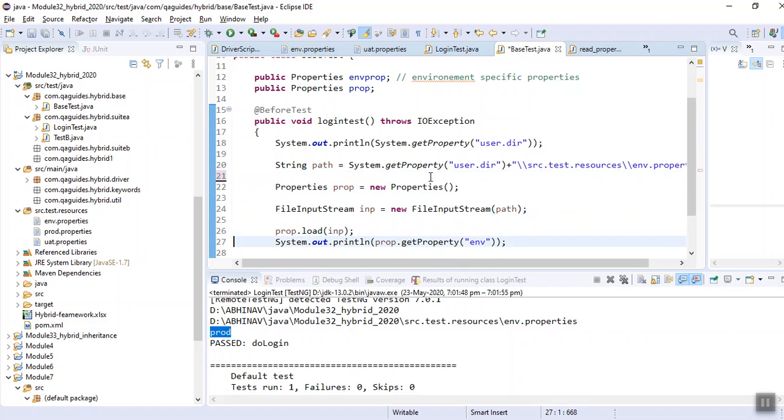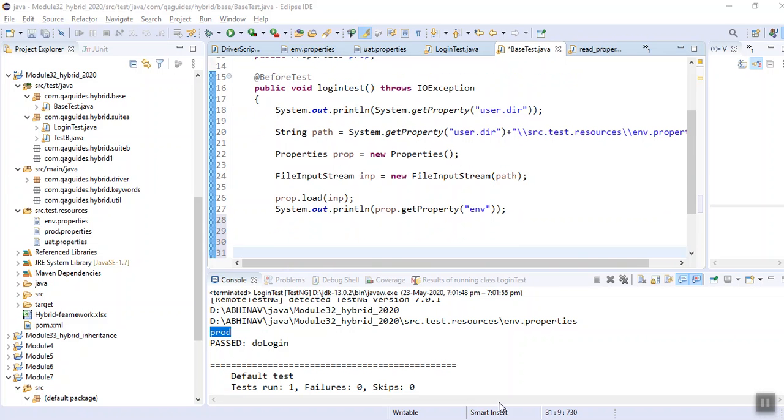Prop is equal to, and I have printed the environment variable, and the environment we are having here is prod, production. Fine. Let's go ahead. Now we know that our environment is production, so we have to read the property file of production only.